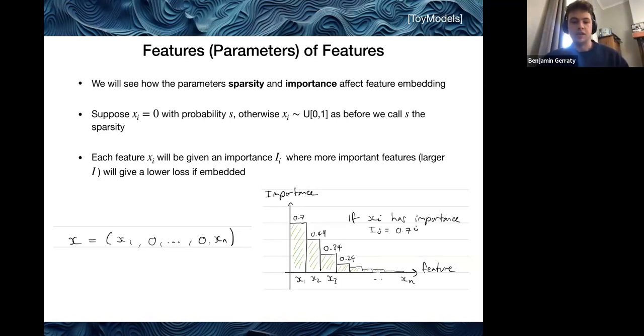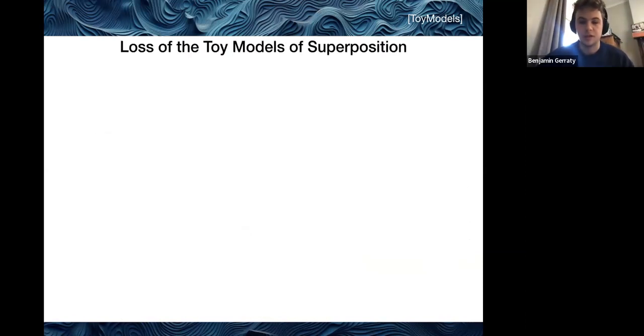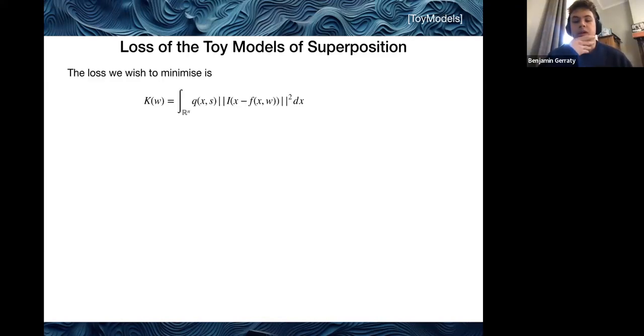So I think in a lot of these plots, they give the importance for feature xi as Ii, which is 0.7 to the i. I think the order of features doesn't really matter. They're just assuming that the first one is most important, but this is just an arbitrary choice to make it easy to plot. Okay, so the loss we want to minimize, so I'm calling here L of W, is going to be,